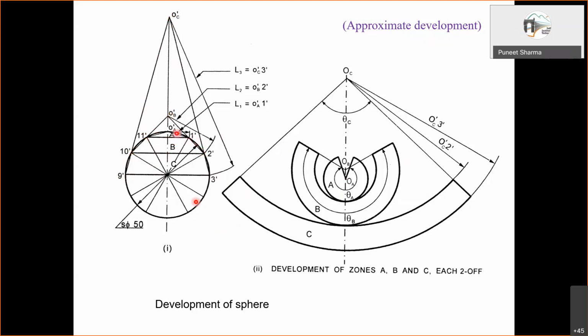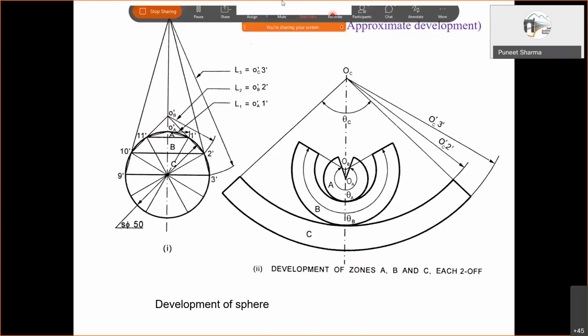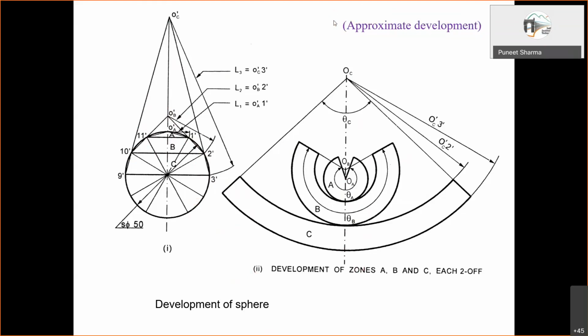So like this we have to locate. Is that fine? Yes, sir. And thereafter, like we develop a cone or a frustum, the same thing we are adopting for this. That is the thing. Maybe I'll stop here. And then, as I had mentioned,